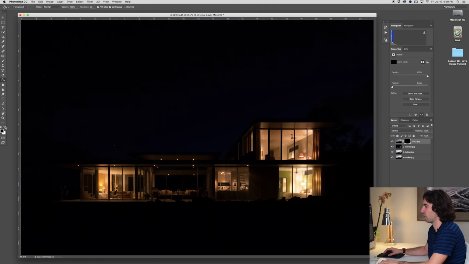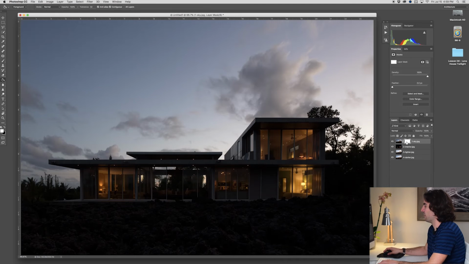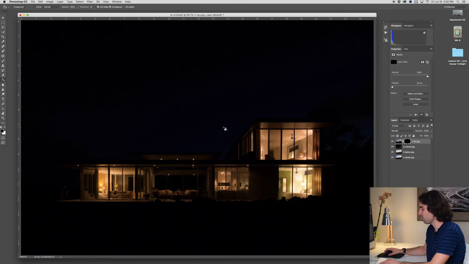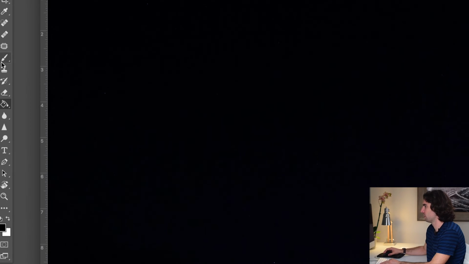Now if I switch my foreground and background color to white, and I paint bucket again, that mask again shows the original layer, and we did not hide it because we're using a white paint bucket. Now let me show you how powerful this really is. I'm going to go ahead and fill this with black again, and I'm going to go select the paintbrush, and